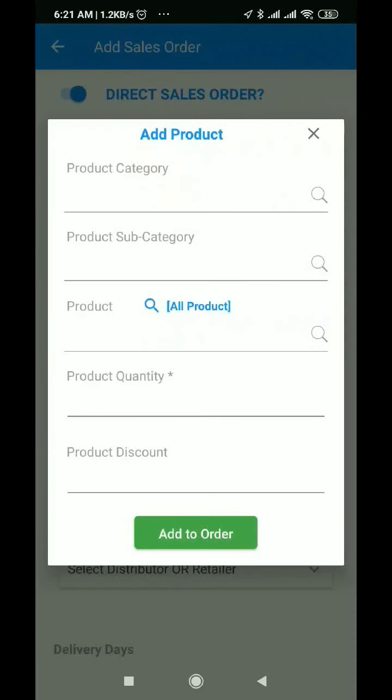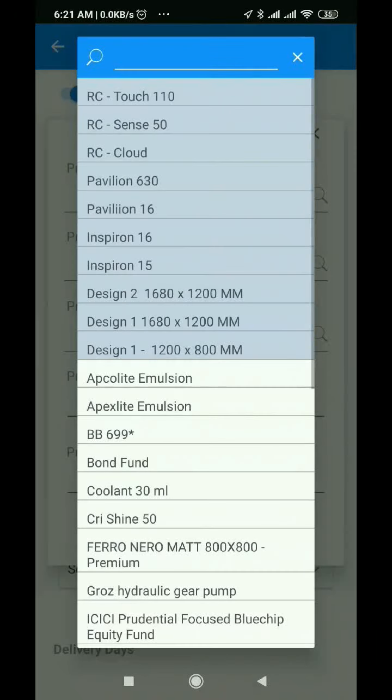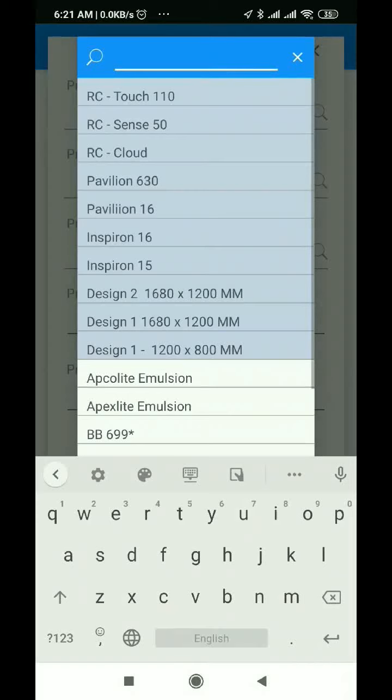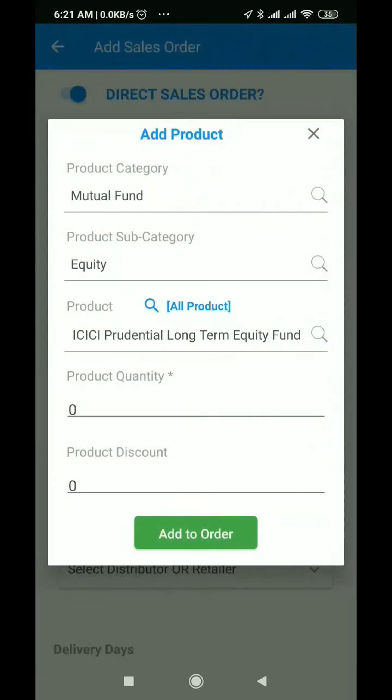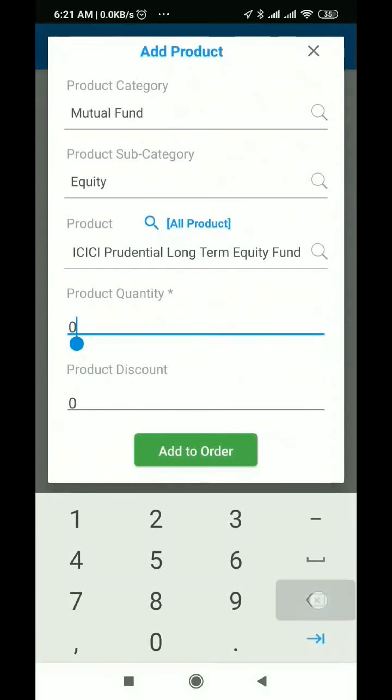Within a product, you can select the product either by navigating the category, subcategory, or you can select all products, whereby you will get a drop down with all the products where you can search by product name or by product code. So you then enter the quantity.